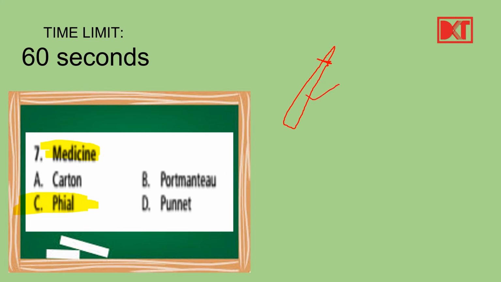Alright. Now the other words which I think might be new to you. Here we have punnet. Punnet is usually the basket of fruits, we call it a punnet. Alright. Now the other word we have is portmanteau. Now portmanteau, I think it comes from French and it's a briefcase sort of thing, a traveling bag, a sort of that. That's a portmanteau. Okay.